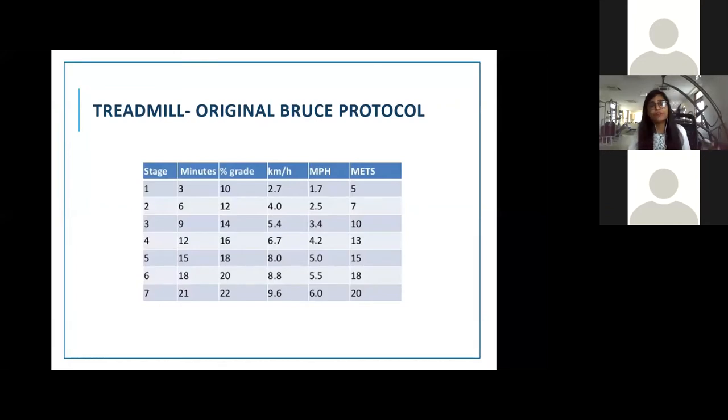There are a lot of running protocols available, and it is a bit controversial across the world whether runners should do a running protocol or not. But research till now has demonstrated that the Bruce protocol gets the maximum VO2 max values for runners. So even if runners feel that they could do better on a running protocol and give their better effort, the VO2 values come out higher when they are doing the Bruce protocol.